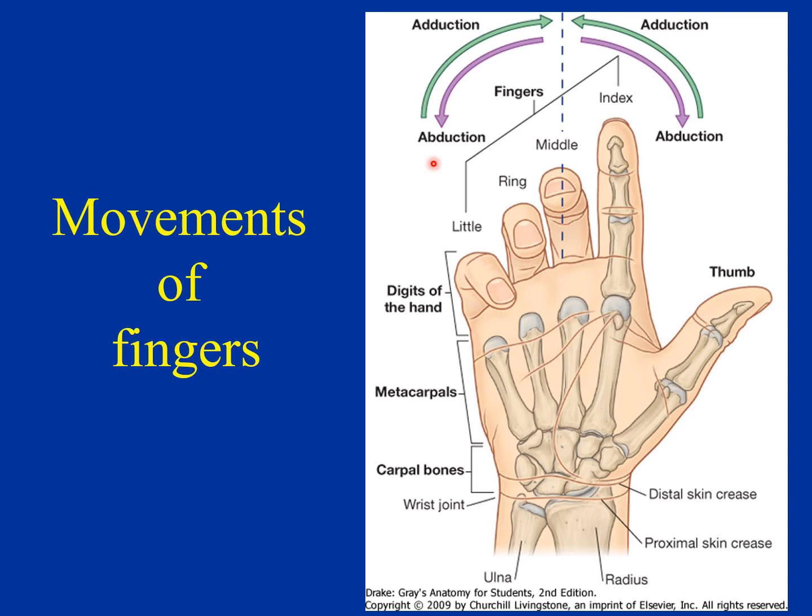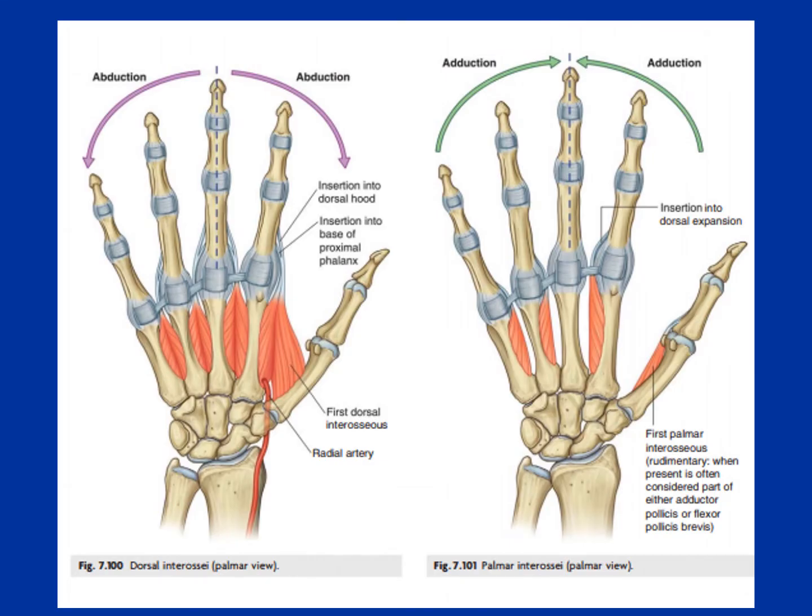The formula you have already discussed is known as PAD and DAB. DAB: D for dorsal and AB for abduction. PAD: P for palmar interossei and AD for adduction. Here you can see the movement of the dorsal interossei, DAB, is for abduction of the fingers. The fingers are moving apart, and when they come close together, it will be adduction by the palmar interossei.